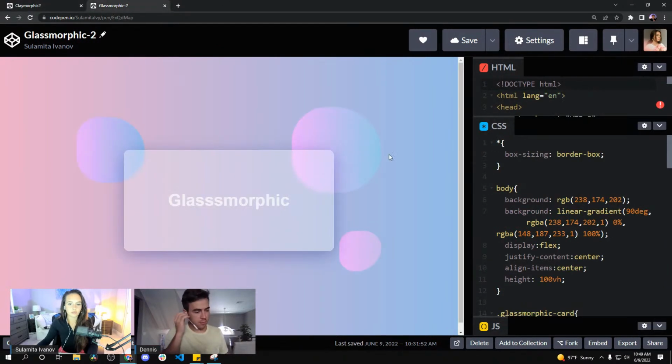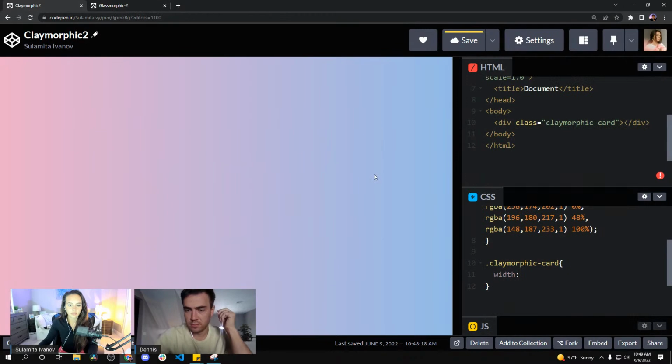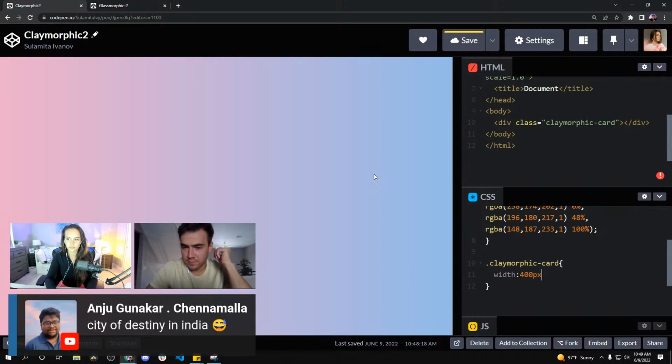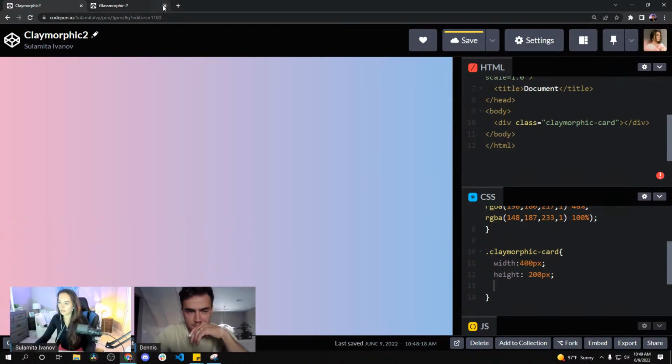So I'm trying to remember the width again and what we set, 400 by 200, okay? Width, 400 pixels. Height, 200 pixels. And